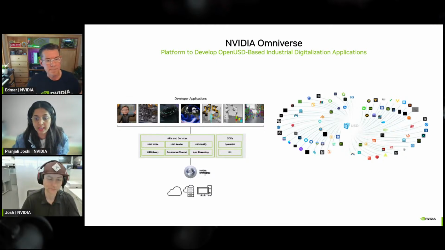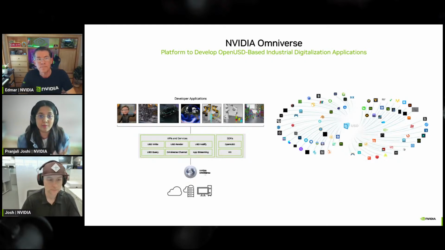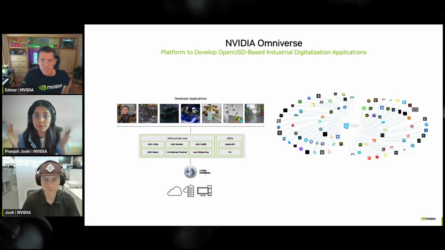So it's not just a tool. It's a platform that has all the technologies that supercharge other tools and let them connect together on one platform. You can think about it as an integration of the design, CAD, and simulation industry ecosystem. We have a lot of partners that are building a lot of cool techniques on Omniverse, like Siemens. We also have some tools and APIs from Adobe and Autodesk. So, all sorts of things that you want to use to build good 3D scenes for physical AI. And I think that's the important stuff.